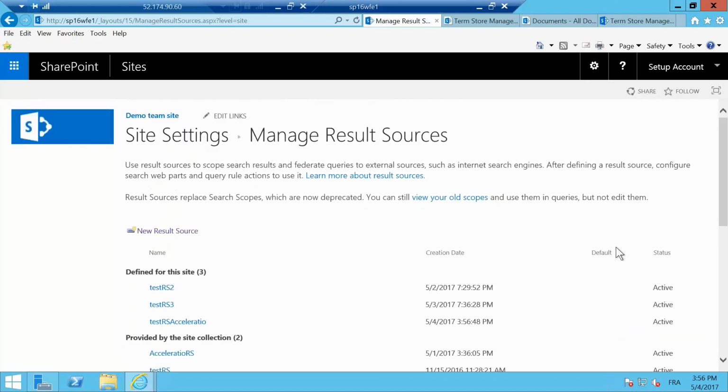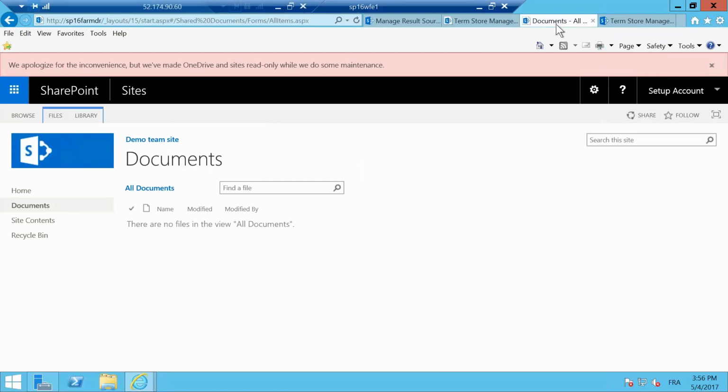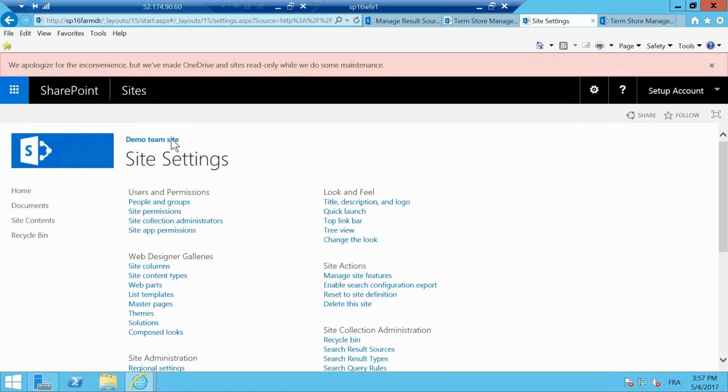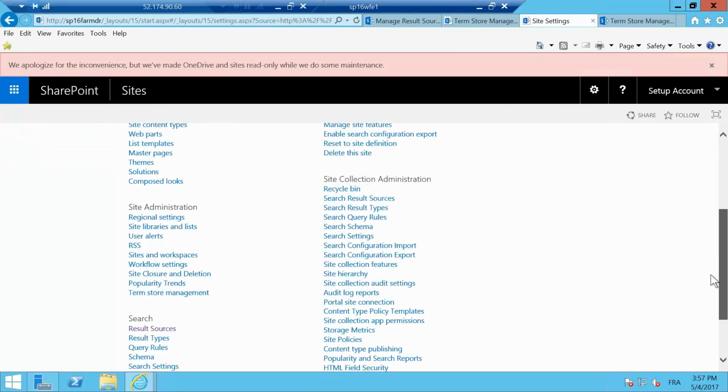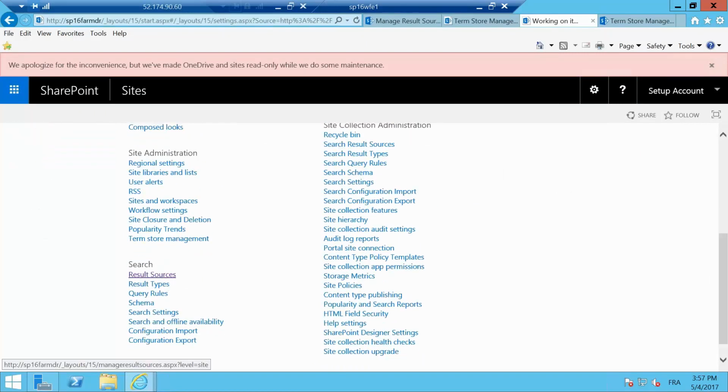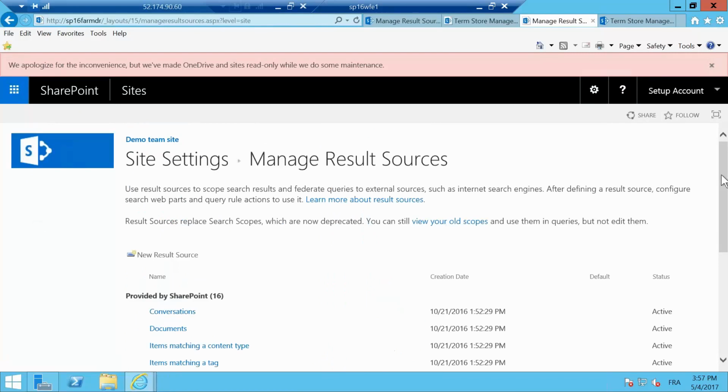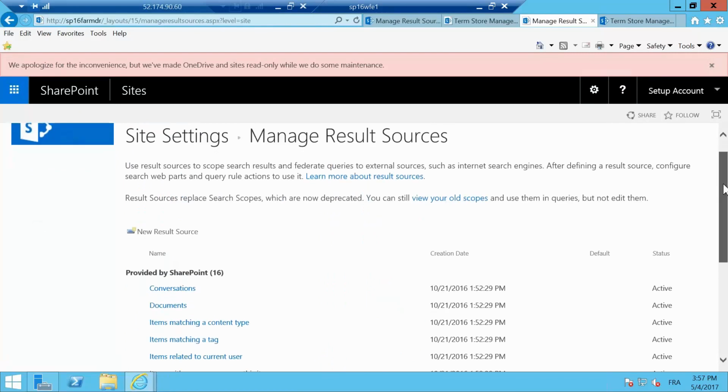It's defined in the site collection, right? So at least it looks like the site collection administrator or owner can define that. But if we go to the DR farm, and we check the result source, there's no result source. Well, the new one is not duplicated because the search is not synchronized between the two